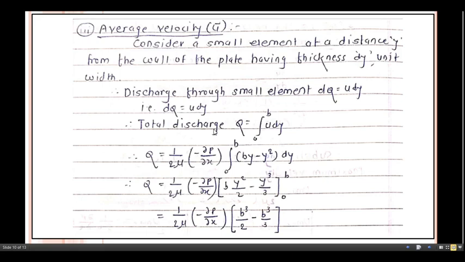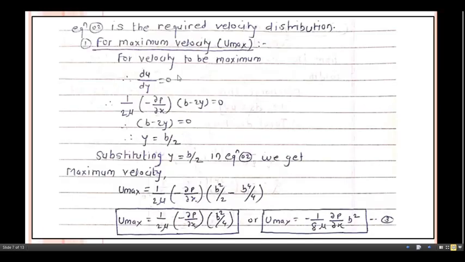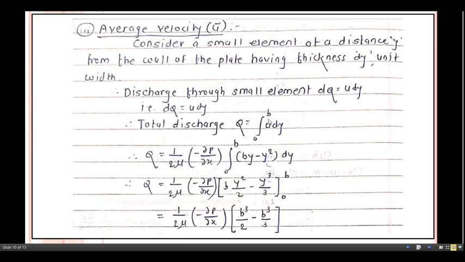For that it is very important to see what boundary conditions are available with us. Boundary conditions means here we just observe this pattern. So what is the maximum width of this one? Here we get b, starting from 0 up to here. Okay, you get that limit value 0 to b. Now if you observe here, this total discharge is nothing but the integration of u into dy in the limit from 0 to b.